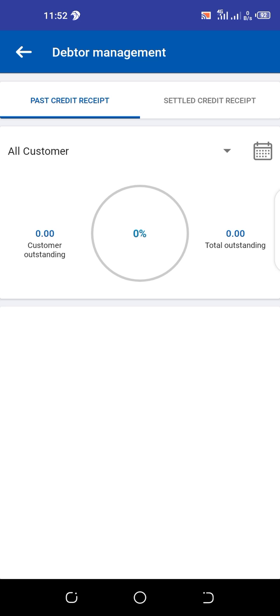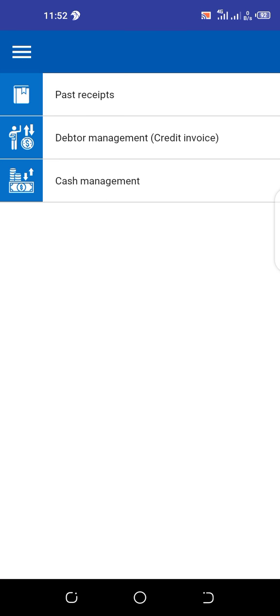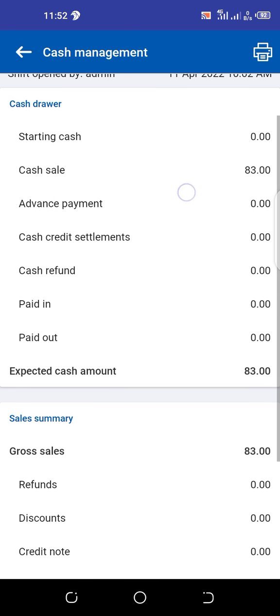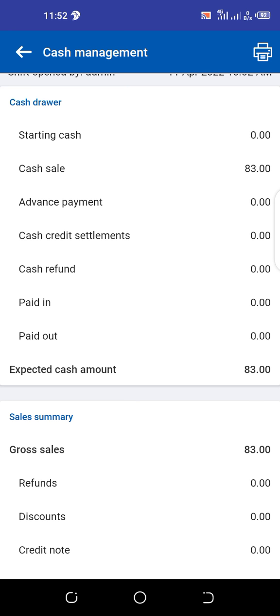Okay, right, so that's the past receipts, the data management. Then the cash management, this is where you do the end of day, the day end. So it tells you the starting cash, if you had any cash before you started trading, and then it shows you the cash sales, advance payment. This is like a lay-by,